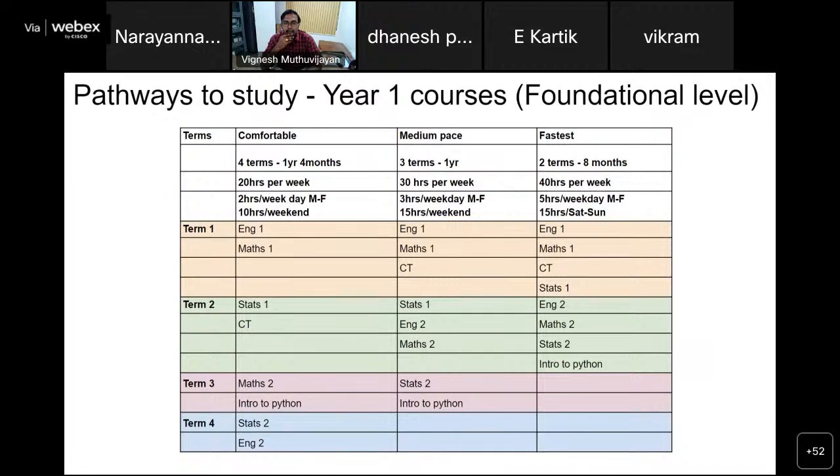So before we go into the fee structure, let me emphasize a couple of things. This program, as I said, the foundation courses start from a very fundamental level, but as you go along, the concepts get more rigorous and more important, and even within a subject, certain weeks would actually be the building block for the next course. For example, stats 1.